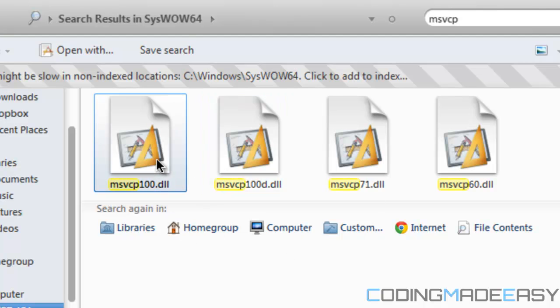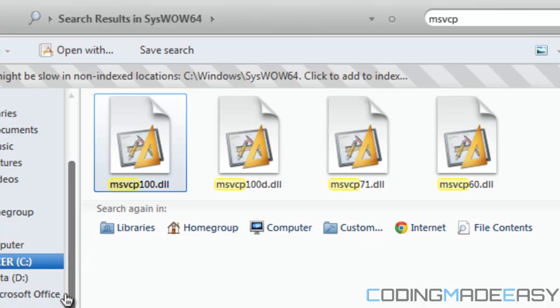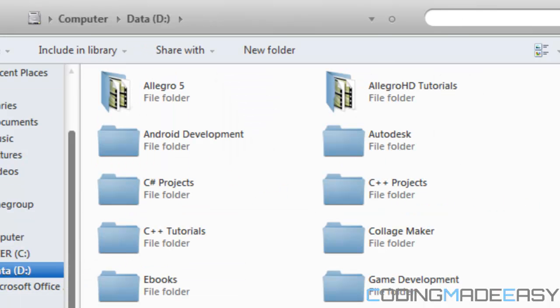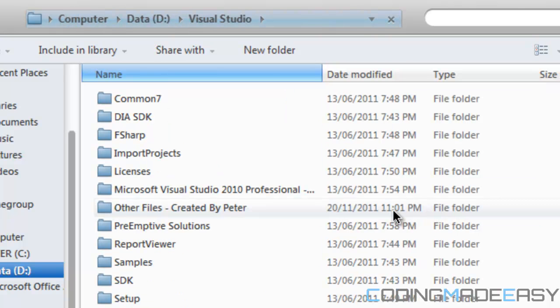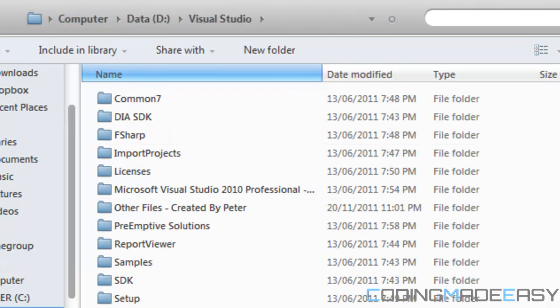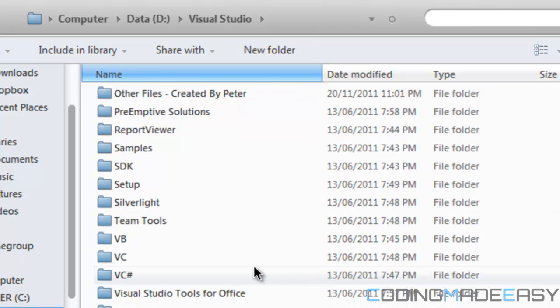So you just copy this file right here, put it in the folder, and that's it. Well, so then we have our three files that we actually need to use to redistribute our game. So what we want to do is then find the folder that we installed Visual Studio on. So we click that folder, go down to VC, and if you